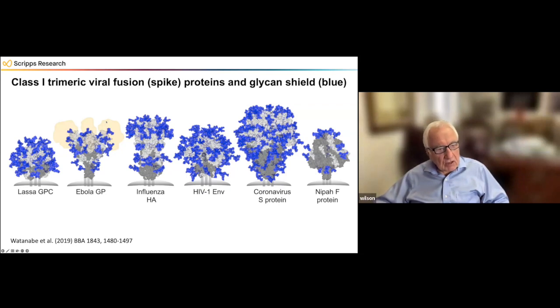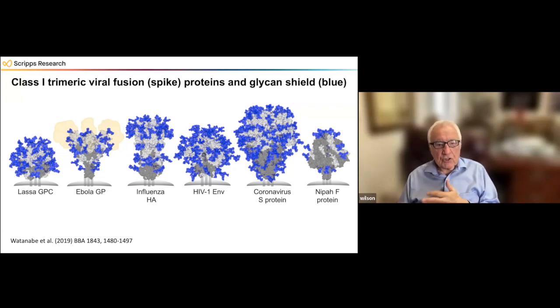And they're cloaked in these blue things, and the blue is the carbohydrates. And that makes it very much more difficult for the immune system to actually recognize these and mount a very good immune response. So part of what the immune system does, if we take HIV here, is it tries to get into these spaces that are not covered by carbohydrate and attach to them. But with something like HIV, for example, there's 81 glycans on this trimeric protein. And so there's very little surface that's available. And so that's really how the viruses help protect themselves from our immune system.